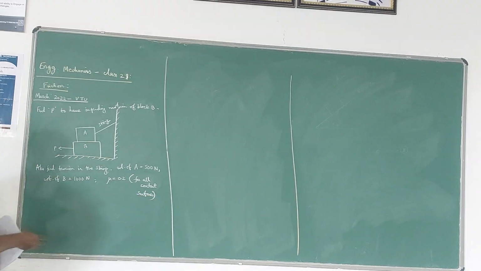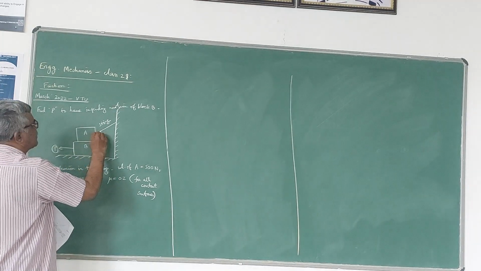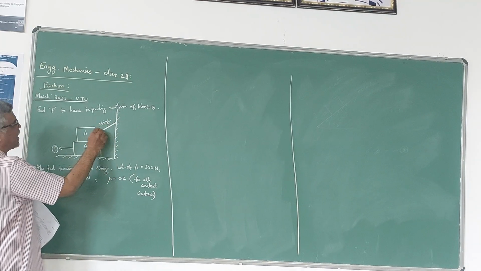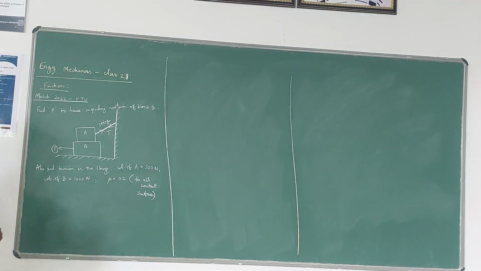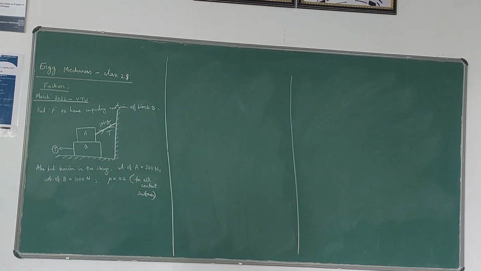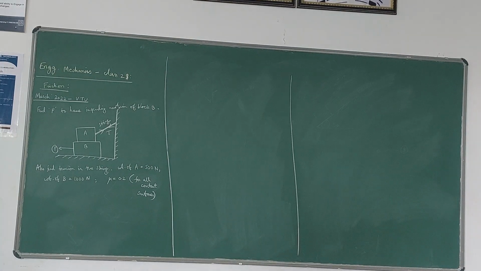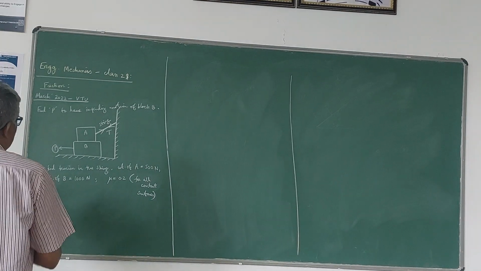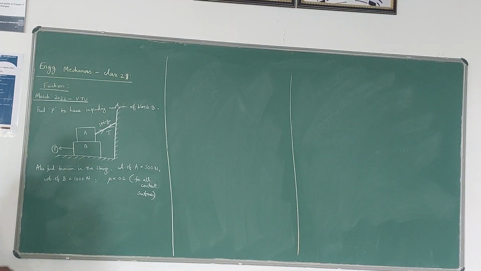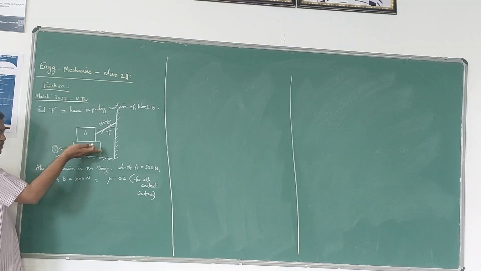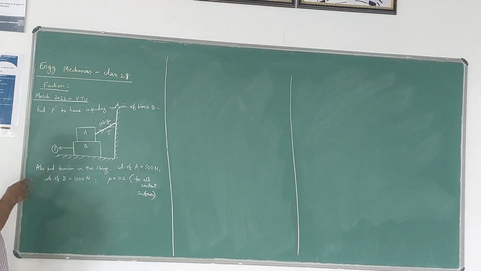So we have to find two things. One is the force P, we have to find out. Another one is the tension in the string. Always please note that tension in the string acts away from the joint. We have to show like this. So T is the tension in the string. Now here he has given the direction of P. So by knowing the direction of force P, you can decide in which direction the impending motion will start. So of course, since block B is pulled towards left, naturally the direction of motion of block B will be